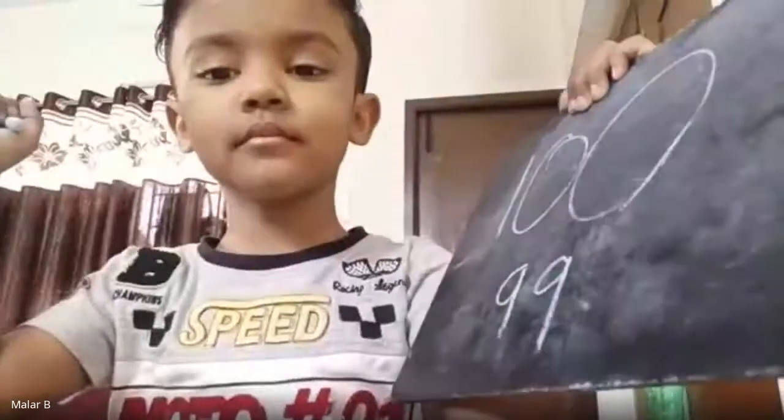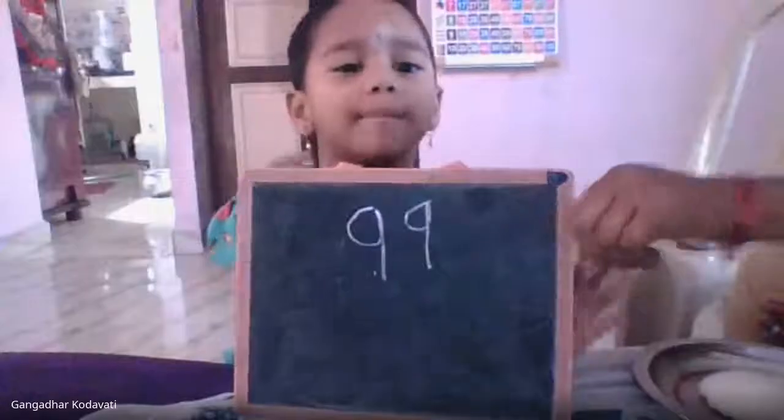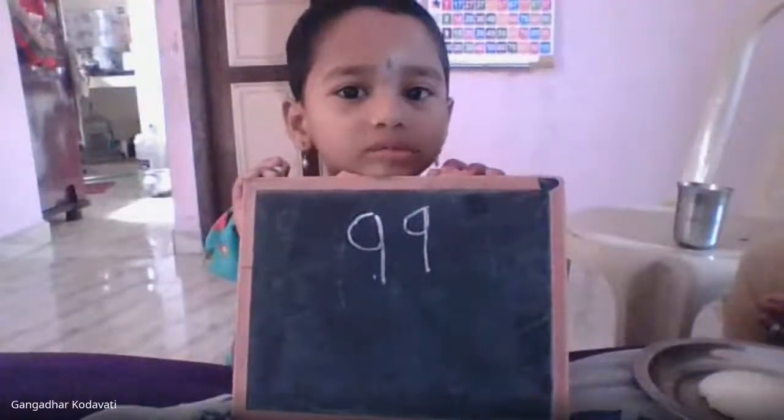Write number 99. 99, how many digit number? 2 digit number. 99 is a 2 digit number. 100 is a 3 digit number. If I ask you to find out which is the greater number,